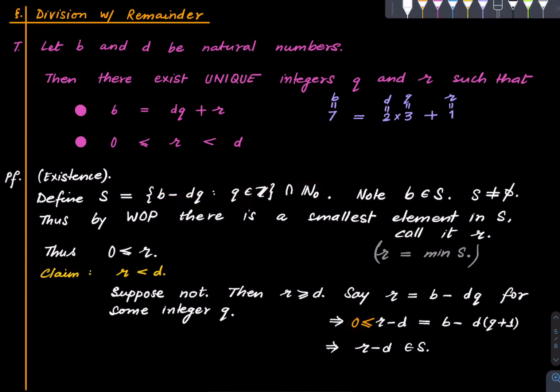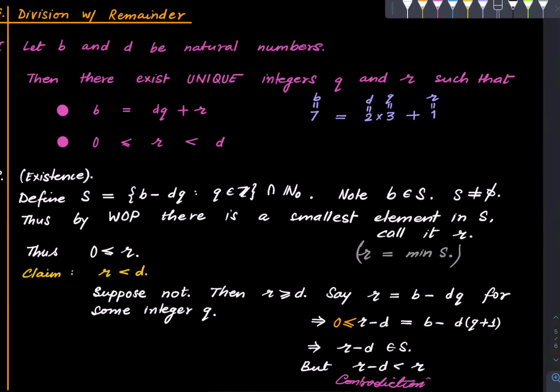But R minus D is strictly less than R. D is positive, and hence R minus D is strictly less than R, and that's a contradiction because R was the smallest element of S. What we have shown is that there is something smaller than R lying in S. So that's a contradiction, and hence our claim is proved. So let me just mention it, contradiction. So we have proved the claim, and with the claim,